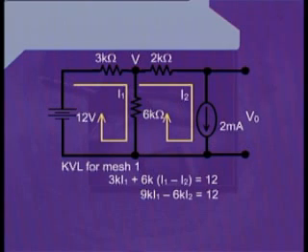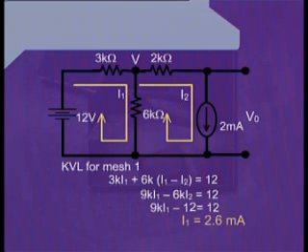Or further simplifying it, we can write 9K I1 minus 12. That is, this minus 12 has been calculated by putting the value of 2 milliamperes. So, the milli factor has been cancelled out with the kilo factor. Hence, 6 into 2, we have minus 12 and equals to 12. Further simplifying it, we can write I1 is equal to